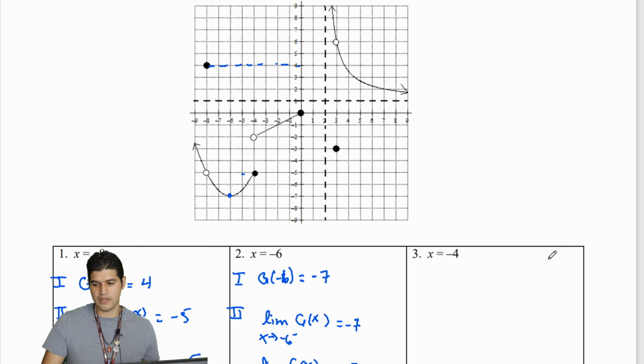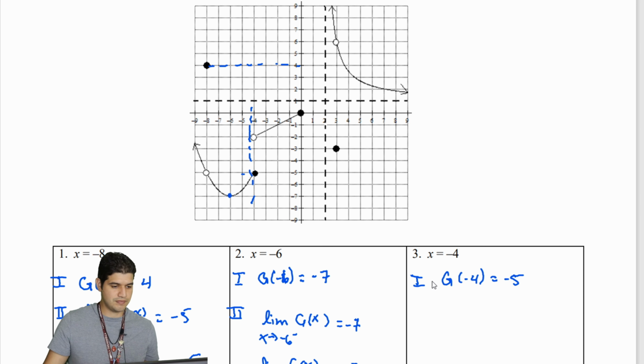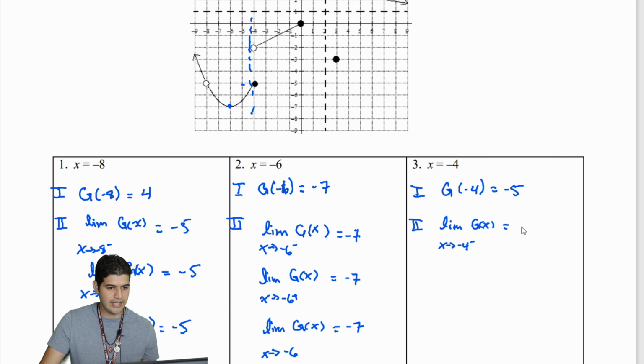And now we're going to do this one more time, but now we're going to look at x equal to -4. So right there. So let's look at the value. Our first thing is, what is g of -4? g of -4 comes out to be -5. Now our second part is to look at the limits from the left-hand side right there, and then from the right-hand side. So the limit of g of x as x approaches -4 from the left side is equal to -5. And then the limit of g of x as x approaches -4 from the right side is equal to